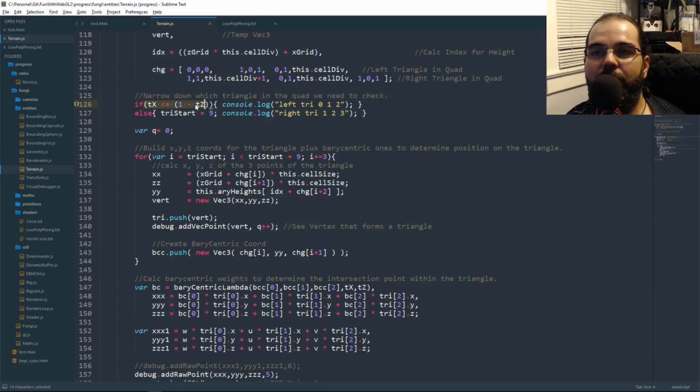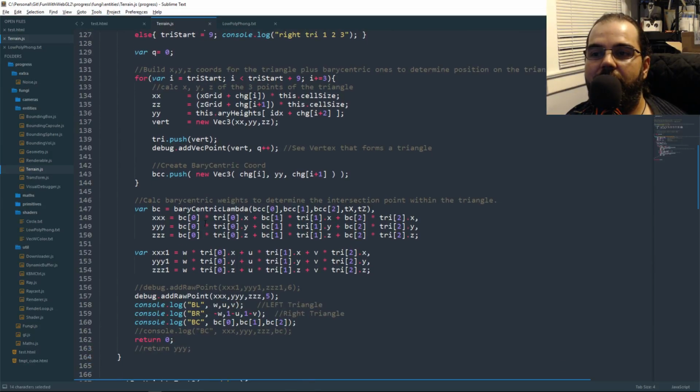So if I'm playing with the right triangle, I basically just use WUV. If I'm using the left triangle, I use WV. And on top of that is another issue. Even though the order should be UVW, to make this work, the order has to be WUV. It has to be this order. So it's kind of wacky, but it's kind of like